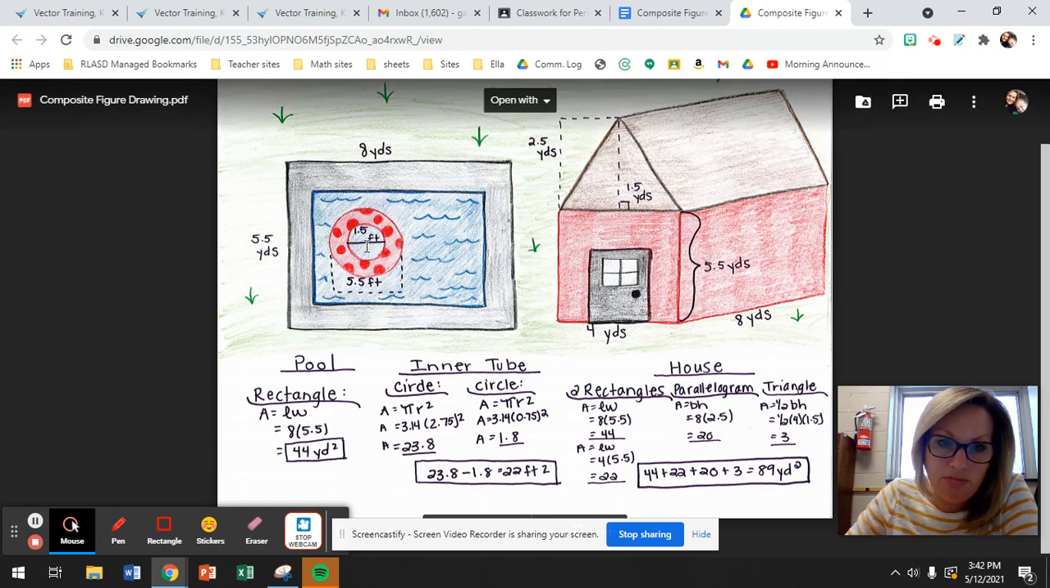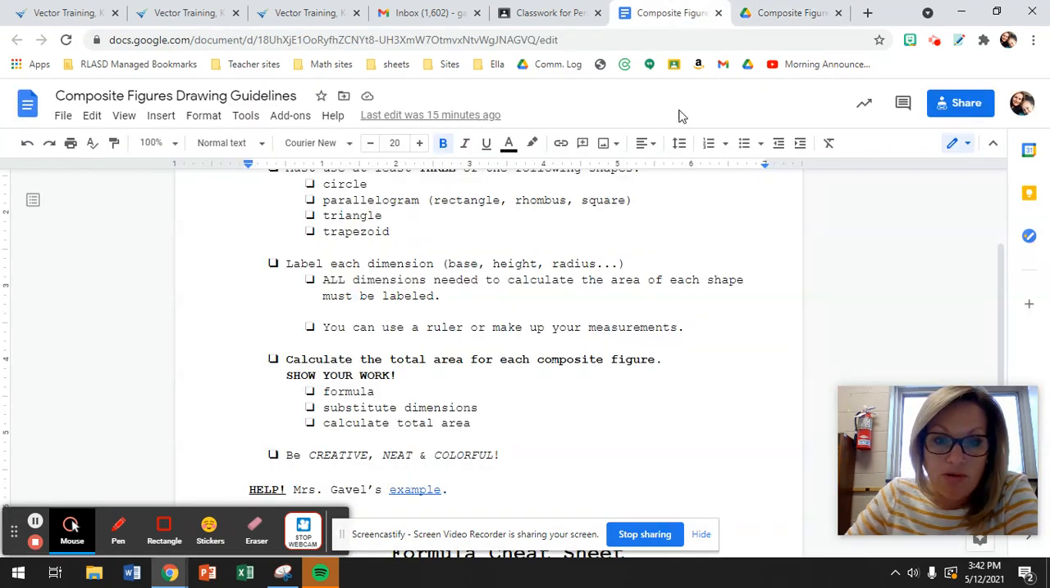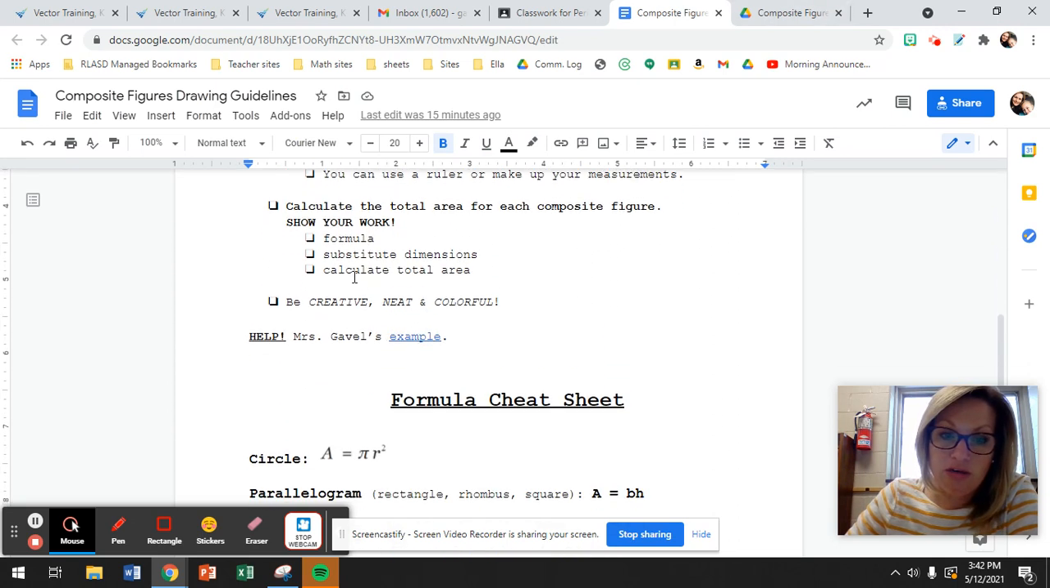Oh, and then my inner tube. I did the diameter, so I'd have to find the radius, which is half. You can make up your own measurements, or you can actually measure them. And then I want you to calculate the total area and show your work. You're going to need to put the formula, then substitute in the dimensions, and then calculate the total area. So it's all 3 parts,